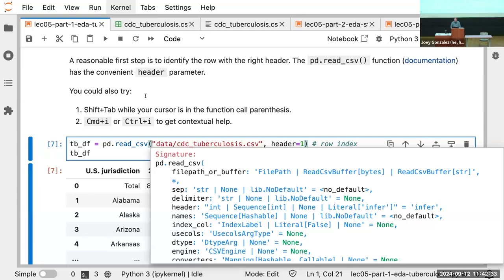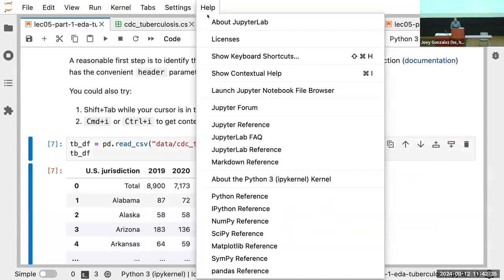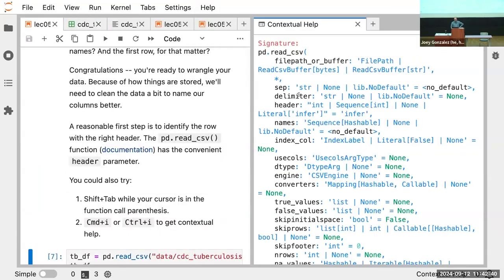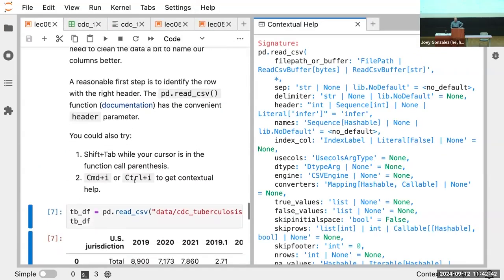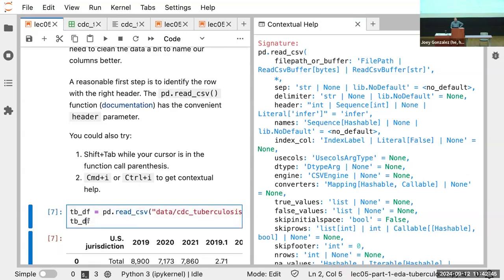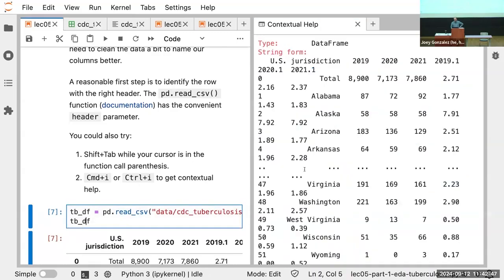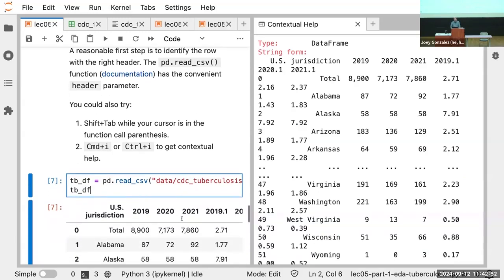Command I goes to the context menu. And on my Mac, it's currently not working, so I've been clicking here. Command I brings up the same thing on the side. The cool thing about Command I is I can also put my cursor here and it shows me the data too. So it reads into my Python environment. If I hadn't run the cell and I had done this, it will show me nothing. Why? Because tbdf doesn't exist yet until you run the cell. So this is actually reading into what's in the Python environment right now. I don't know what's in the Python environment. Does anyone know?